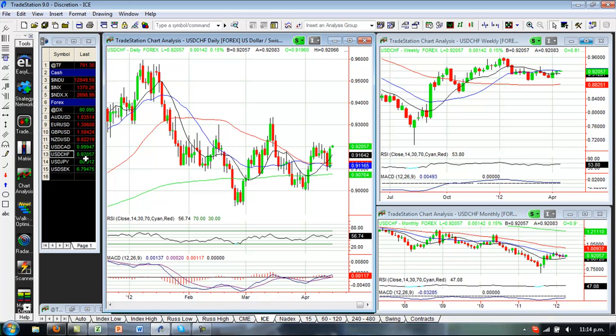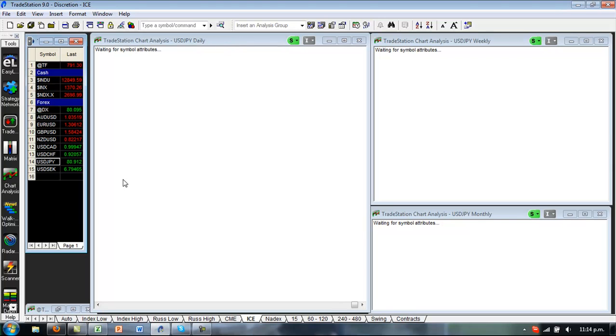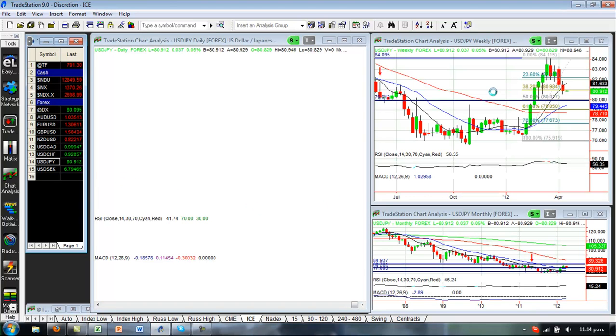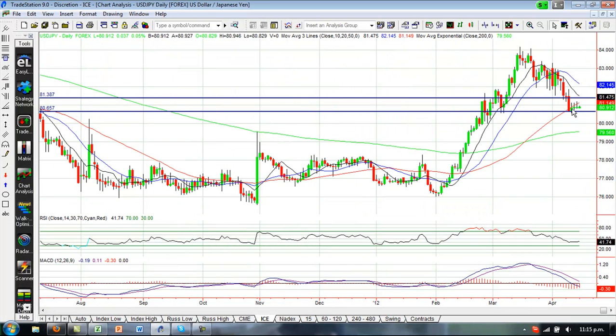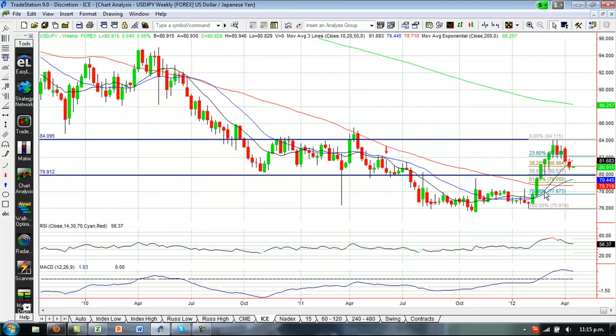However, we can look at a couple of markets for that kind of influence. One is dollar yen. If we look at what's happening here, obviously this was one of the strongest markets to the upside, had a really strong run up, and now it's having quite a big pullback. If we have a look at this on a weekly chart, you'll see that we had this big run up, and we're now pulling back. We've pulled back into these moving average buy zones.